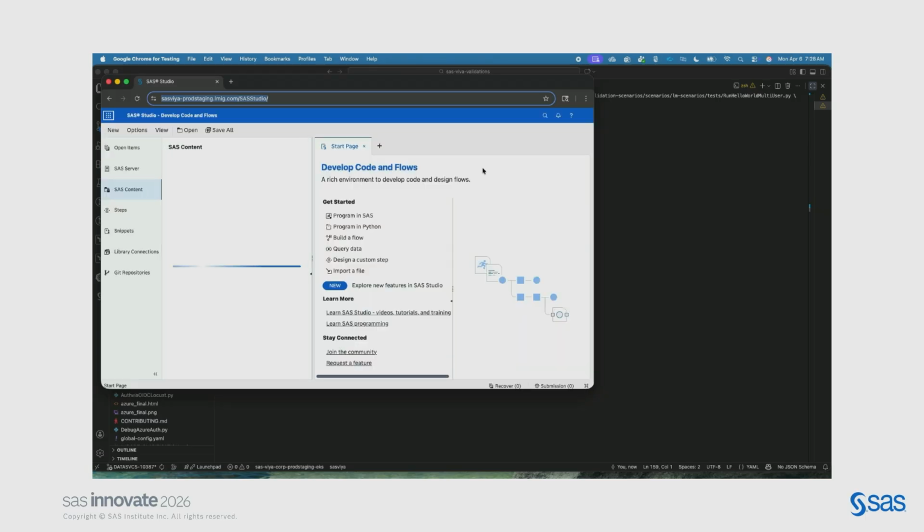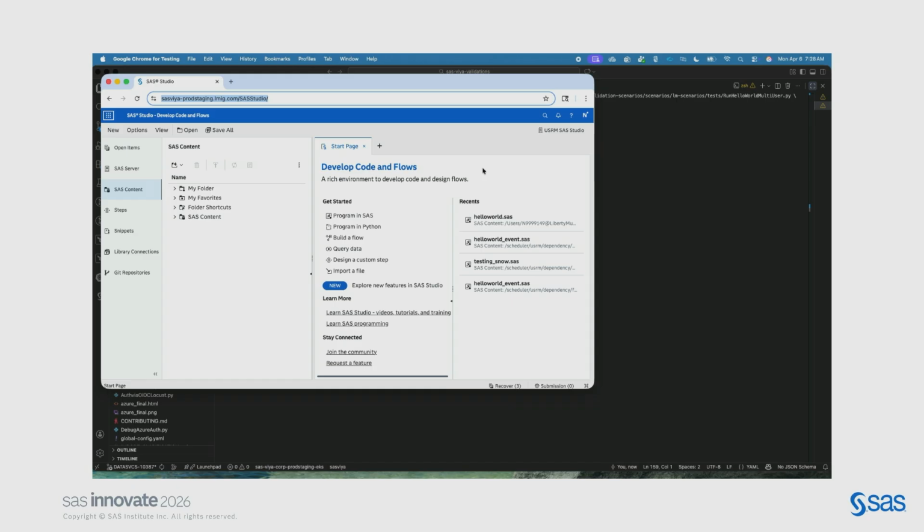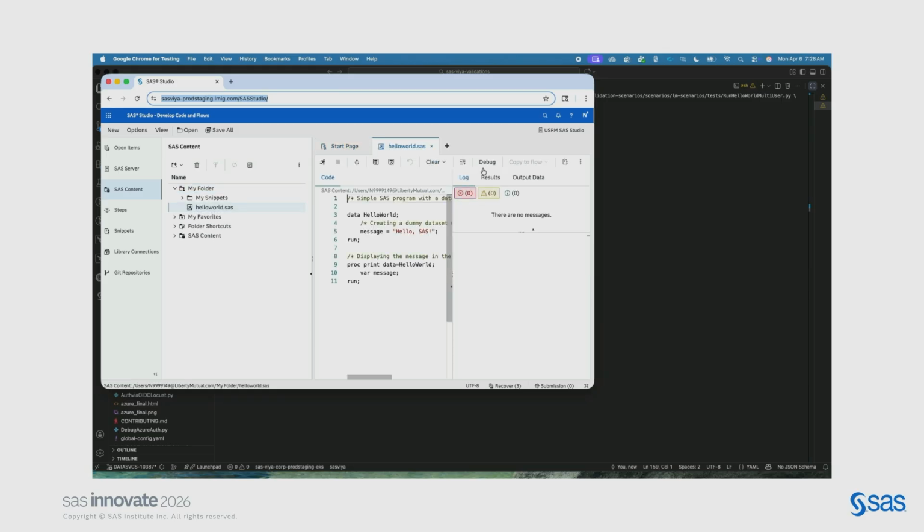Most of the people who are familiar with SAS Viya know that once you log into SAS Studio, on the right-hand side there is a compute context that needs to load in order for any user to perform anything, like running a SAS program. So it waits for it. Once it acquires the compute context, it goes to the SAS content. In this case, I have my SAS program that I wanted to test in my folder. So it opens it, goes to hello world.sas, opens it, and runs it.